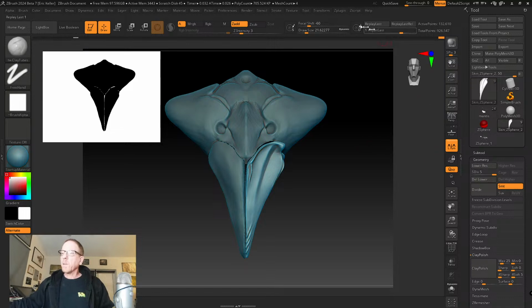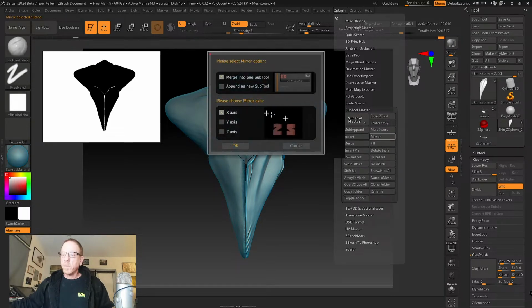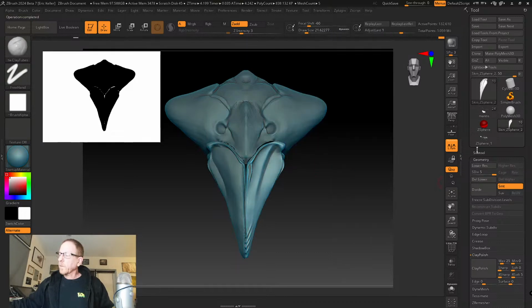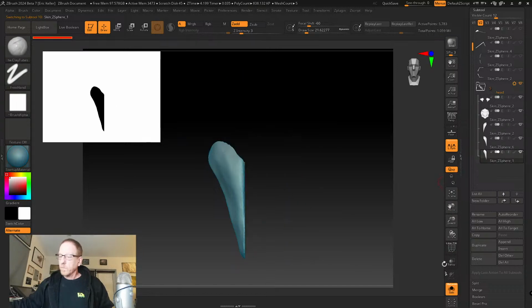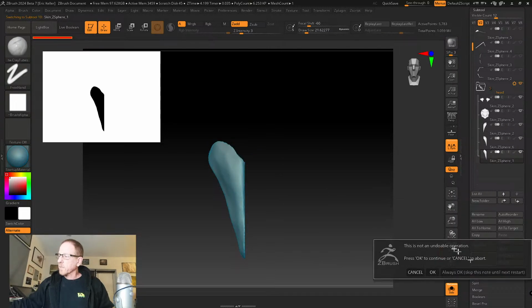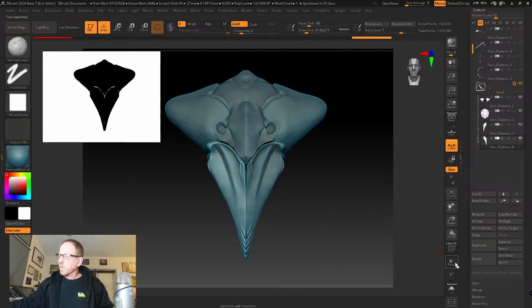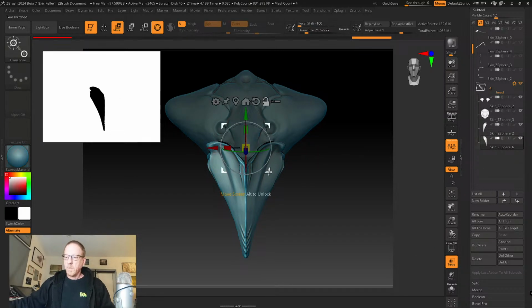Okay, let's do this. I'm going to go into ZPlugin, and let's do Subtool Master. Where'd you go? There you are. Let's do mirror. And I always append as a new subtool. Okay, so now just use the Subtool Master mirror tool to duplicate that. So I'm going to delete this. And let's turn off solo. Let's turn on transparency. And now what I'm going to do is let's